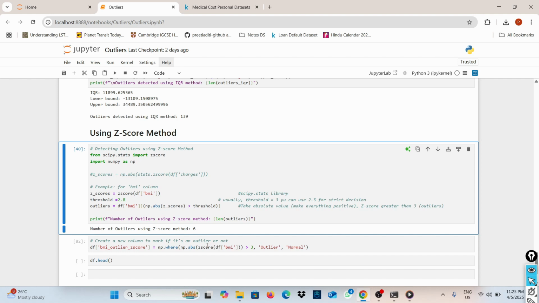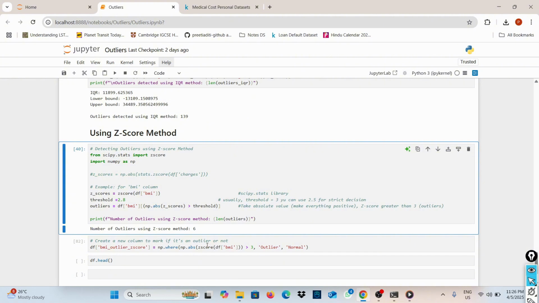Now we have understood how to spot outliers and see where they lie. But simply spotting is not enough; you can also treat outliers differently. How? You can make a separate column that tells whether that record is an outlier or not.